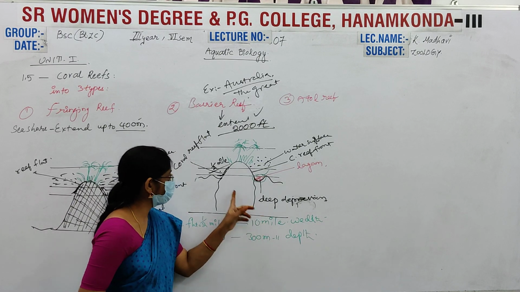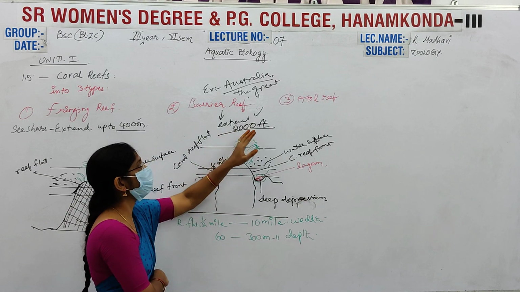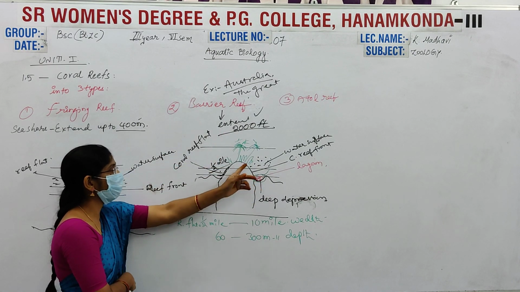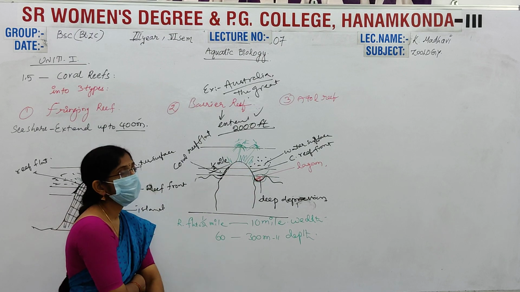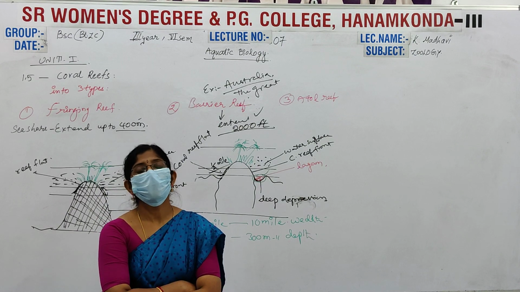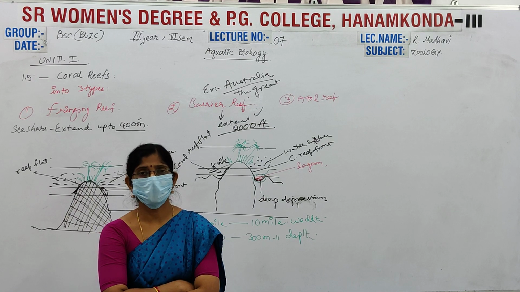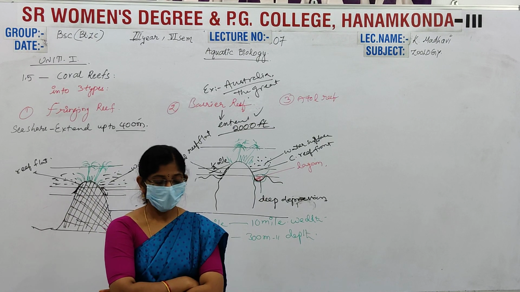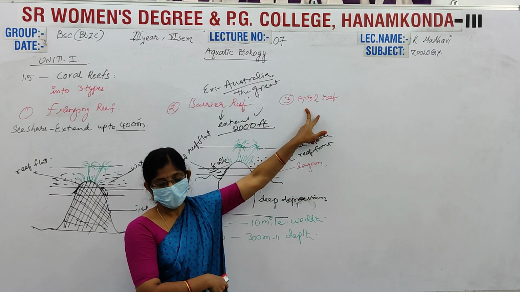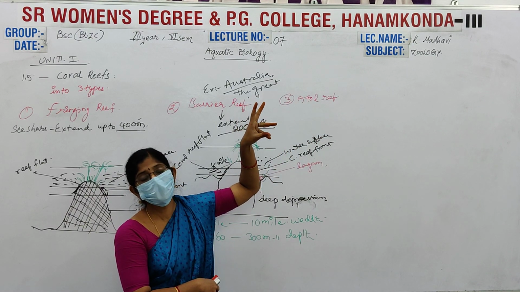This is about the barrier reef. The barrier reef mostly extends up to 2000 feet from the seashore into the sea. The organisms here are also great and various, and species diversity appears in this Great Barrier Reef. We gave the best example from the Australian continent. And next, another one is the atoll reef. In the atoll reef, these are more or less circular in shape, or some look like a shoe shape.